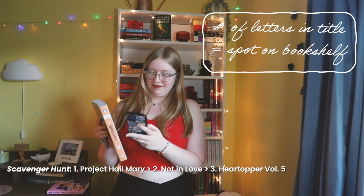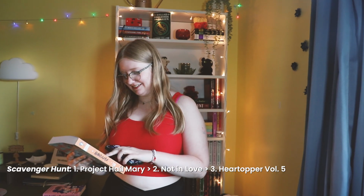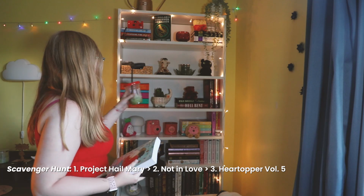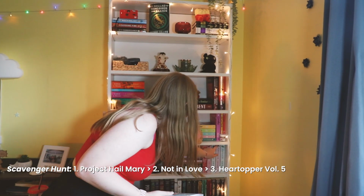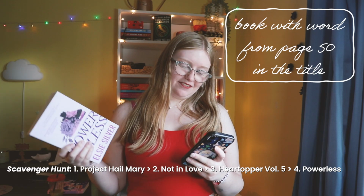So then I need to count the number of letters in this title and pick a random spot on my bookshelf and count to that number. So there's 12. So my books are organized kind of chaotically, so I'm just gonna start down here. That takes us to Powerless by Elsie Silver, which I read fairly recently,